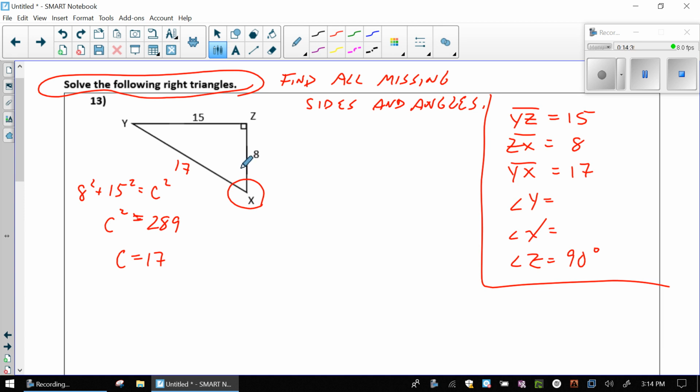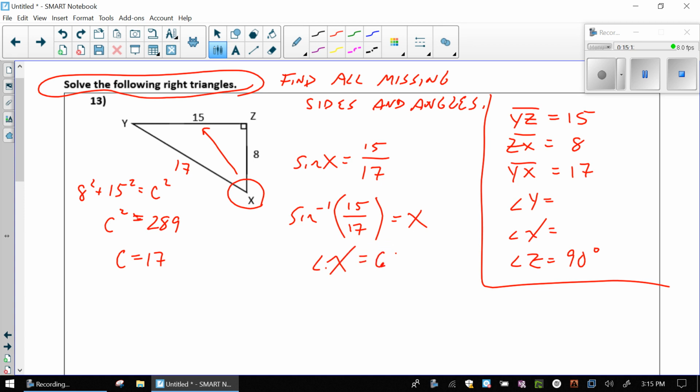Use your favorite trig function because we got all the sides, we can use whatever we want. We like sine, the opposite is 15, so we're just going to set up sine of x equals the opposite over the hypotenuse. And all we have to do then is inverse sine of both sides. We're going to take inverse sine of 15 over 17, and that's going to get us back our angle x. So in our calculators, second sine, 15 divided by 17, and then we get angle x